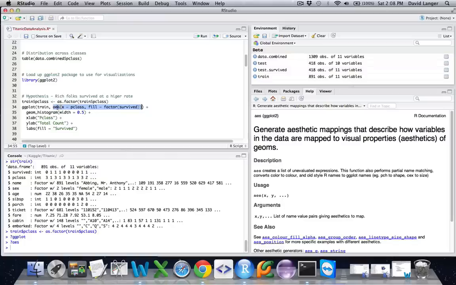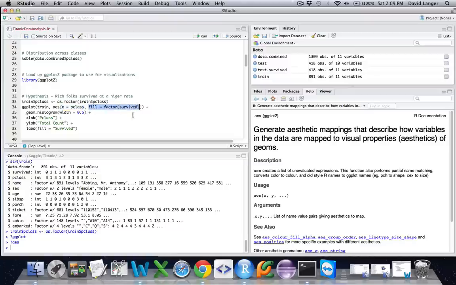And what we're saying is, hey, the aesthetic will have an x-axis corresponding to the Pclass variable of the train data frame. And we're also telling ggplot that we would like a fill color to be used. This is optional. You have to specify an x at a minimum, otherwise you're not going to have a plot.